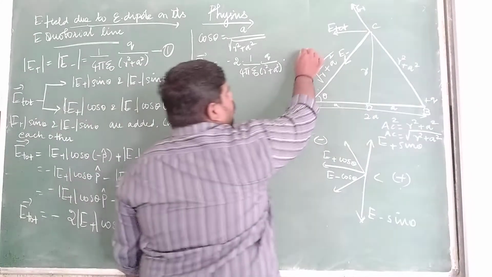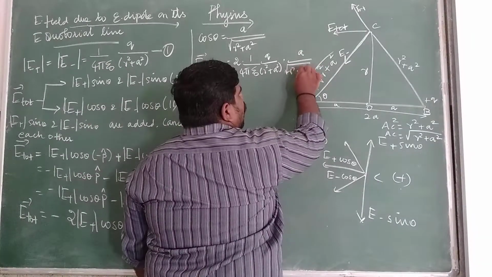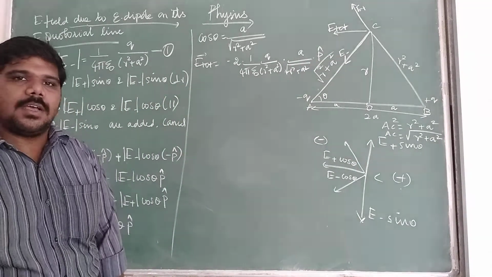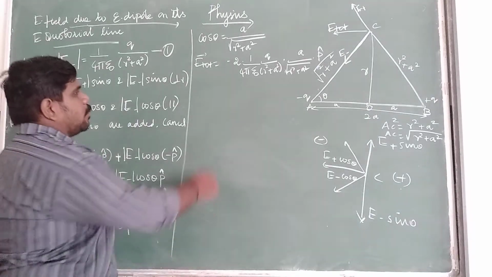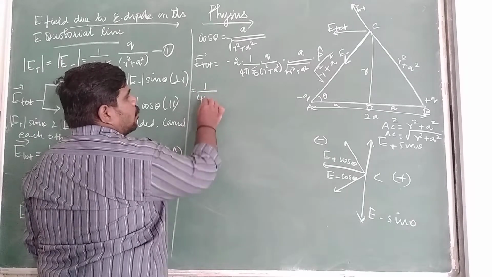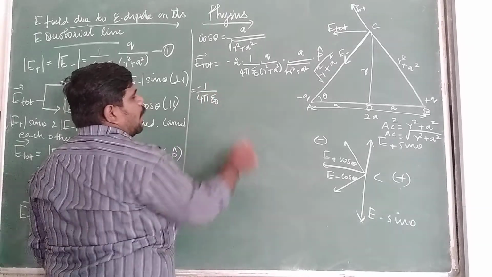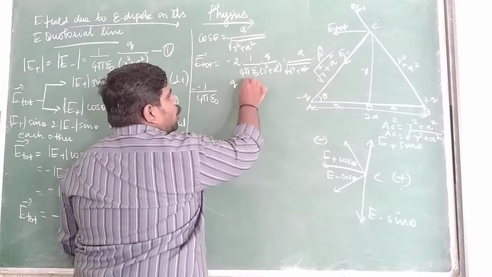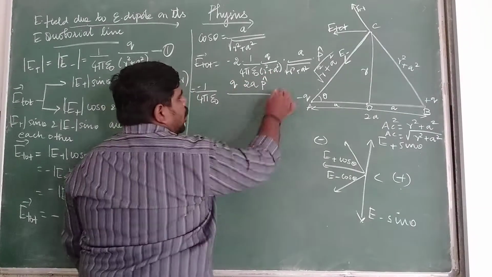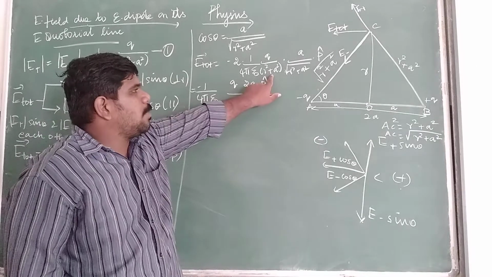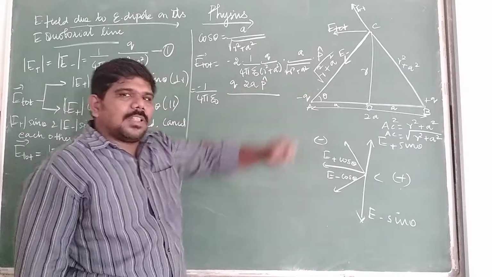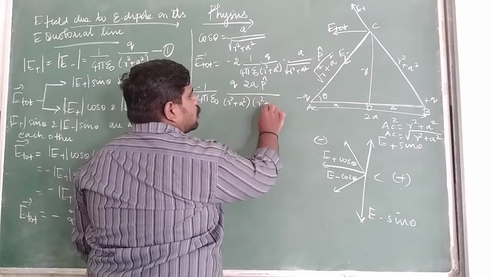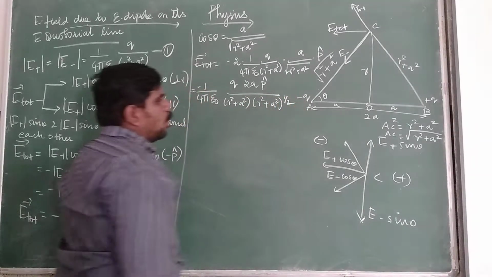A divided by root of R square plus A square into theta. Guys, what's the value of root? The power of 1 by 2, isn't it? So substitute 1 by 4 pi epsilon 0, minus 1 by 4 pi epsilon 0. That numerator term you write in the same term, q into 2a p cap divided by R square plus A square, the whole power 1 by 2, right? R square plus A square, the whole power 1 by 2.